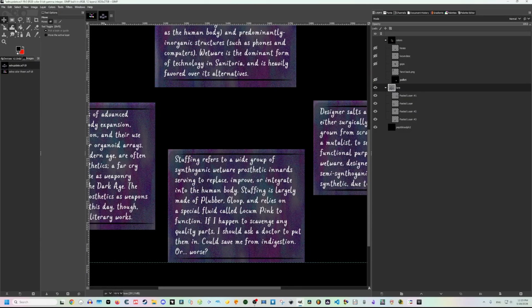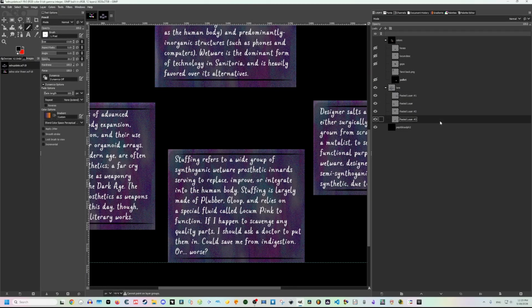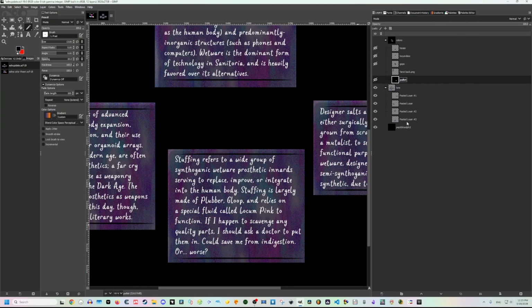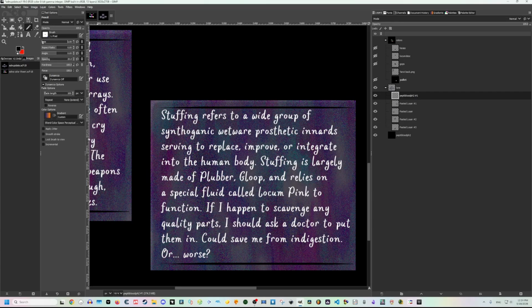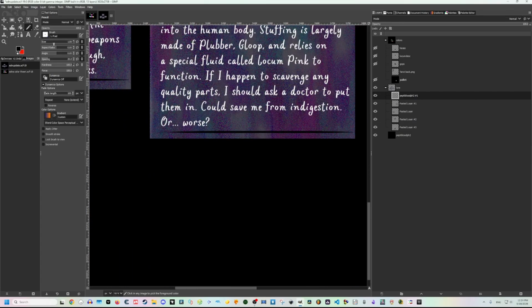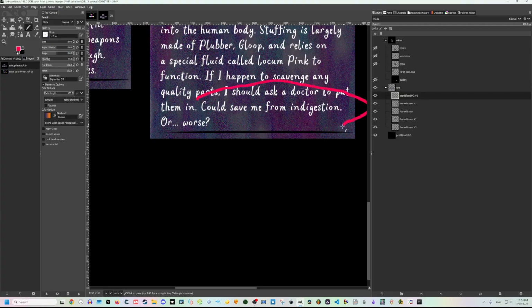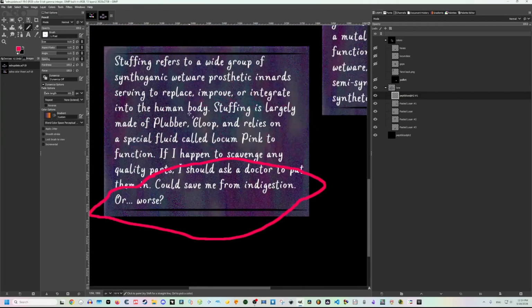You can even see here. This part, this part here, could save me from indigestion or worse, is exactly what you see in Serene's current stuffing description